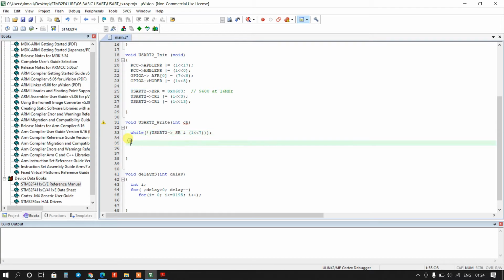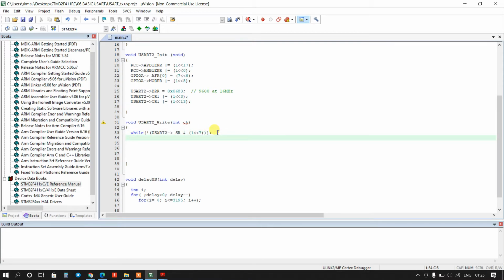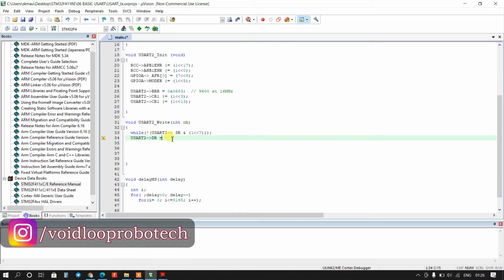Now we will write the data, so we will use the data register. Here we will type USART2 DR equal to ch.